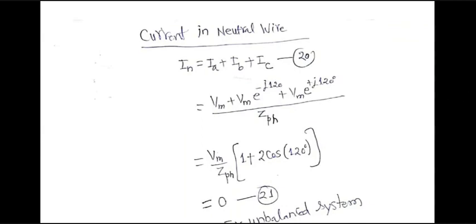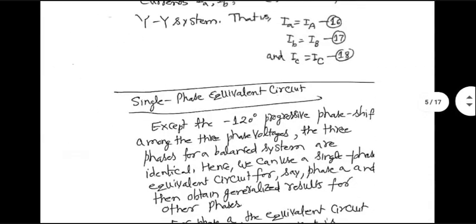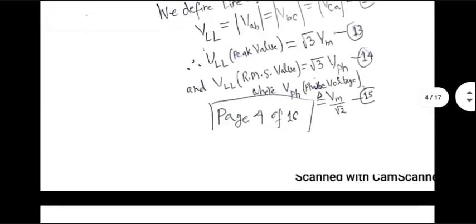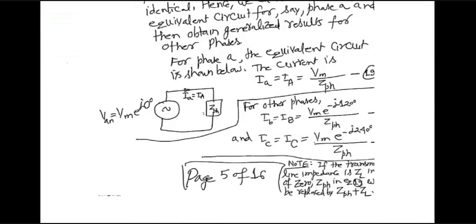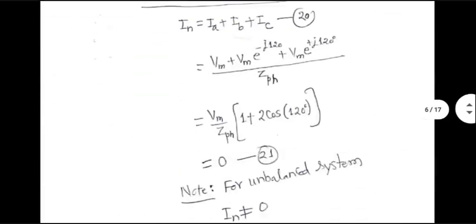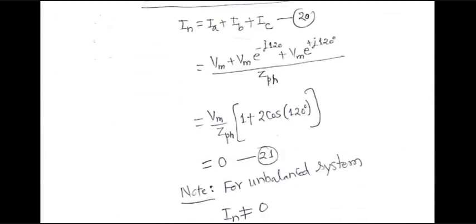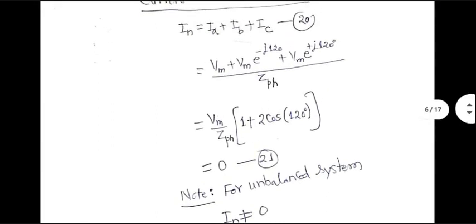So I am using the formulas for IA, IB and IC from these equivalent circuits. Yeah, here. Okay. I plug in the values of IA, IB, IC from these equations into the equation for IN. And I simplify. It's reasonably simple to simplify the result if you do it intelligently.